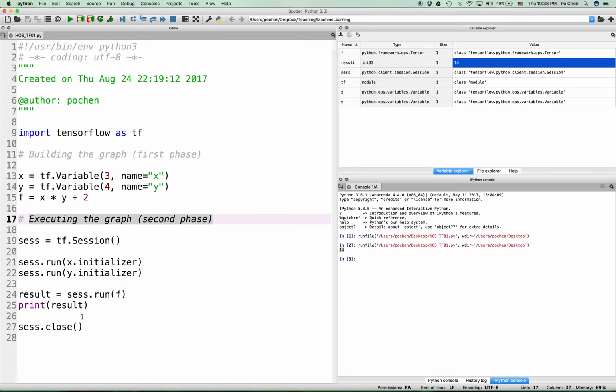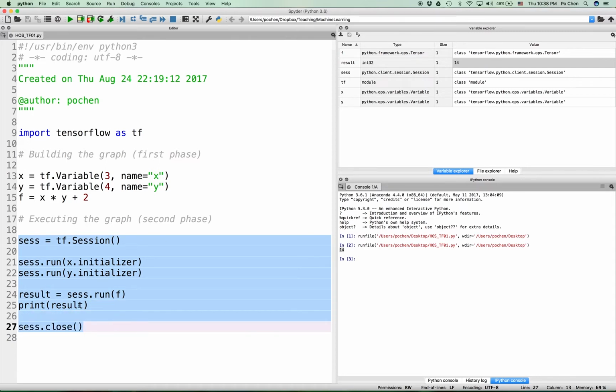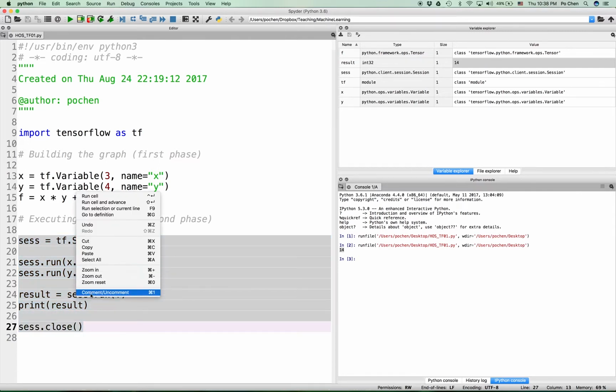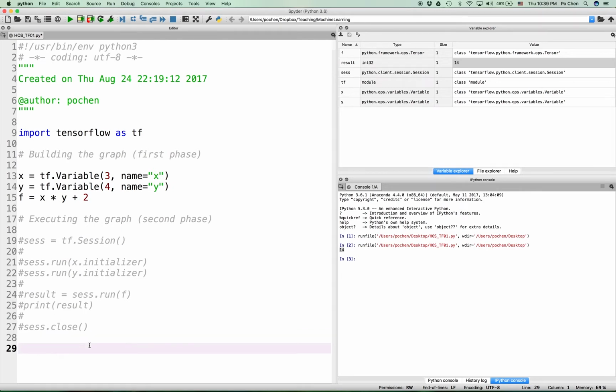A slightly different way of executing the graph is actually, let me comment out this block. So I'm going to comment out this block of code, and we'll write a different piece of code that's going to do pretty much the same thing, right? So it's a slightly different way of doing exactly the same thing, which is to use the with construct provided by Python. So with is actually a keyword in Python. With what? With tf.Session